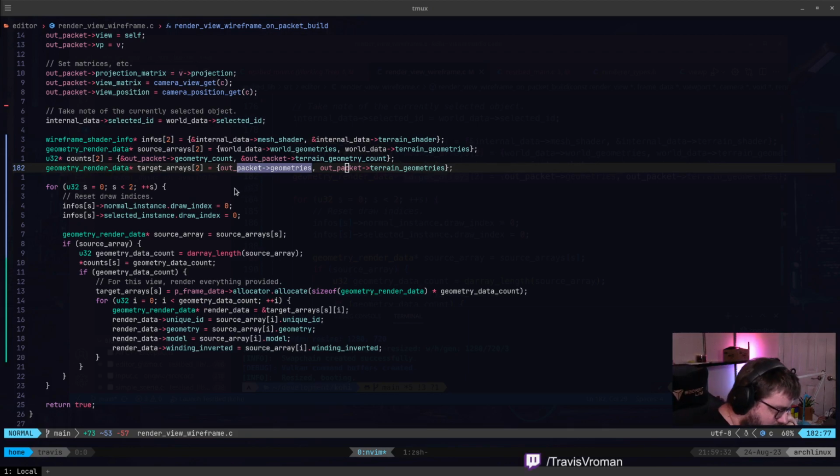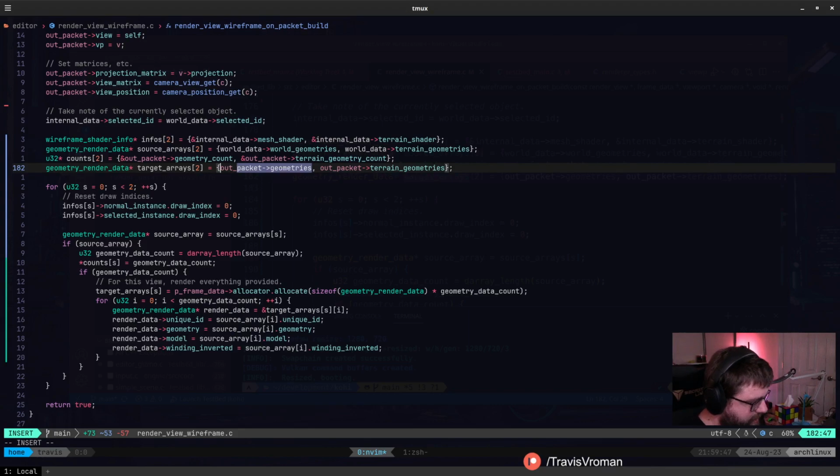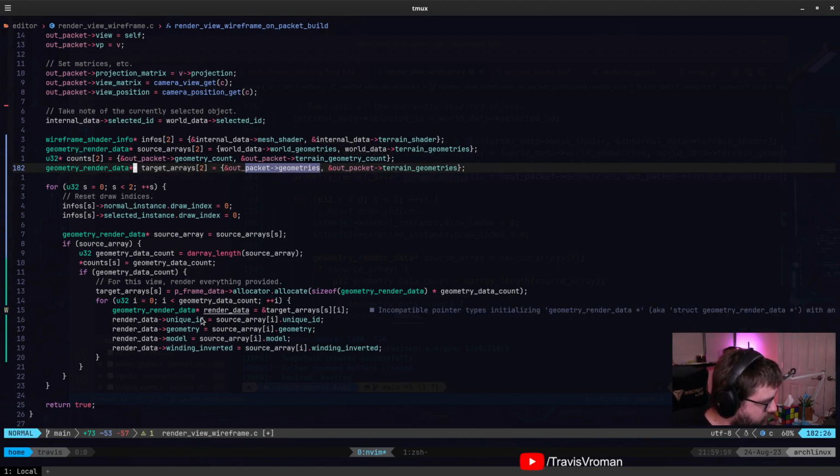I think I found the problem just kind of scrolling through the code here. So we should actually be taking pointers to these arrays because we're doing an assignment here, and I don't think that's going to last outside the scope of this, right? So I'm thinking that's the issue. So let's go ahead and do this. We'll take the address of both of these guys, and then we're going to take a pointer to these arrays, which obviously is going to mess with this, right? So we have to